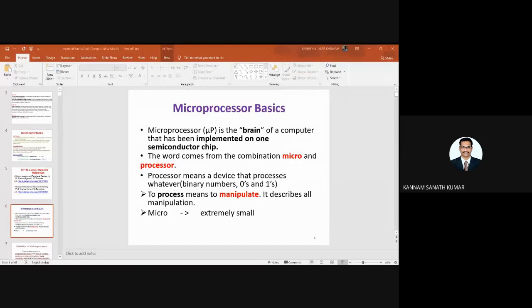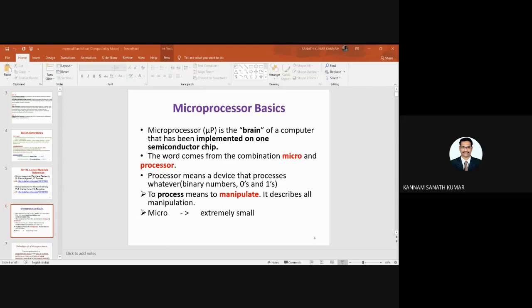That means they build the MOSFET. I think in EDC you already studied it: you have gate, drain, and source. The distance between drain and source is given by the W/L ratio. They make a chip with this technology, micrometer technology, and the microprocessor was invented during that technology. That's why we call it a microprocessor.